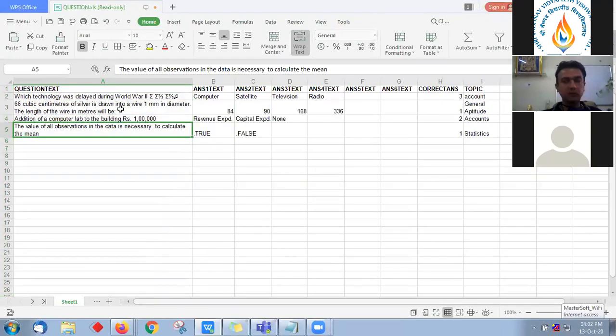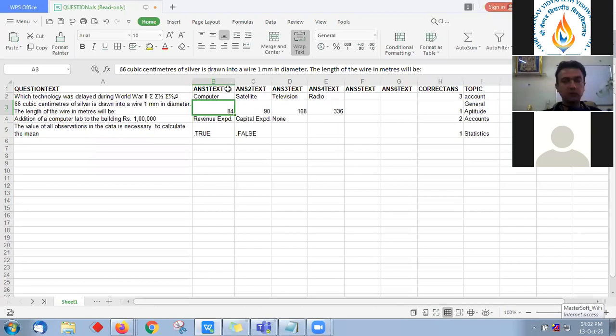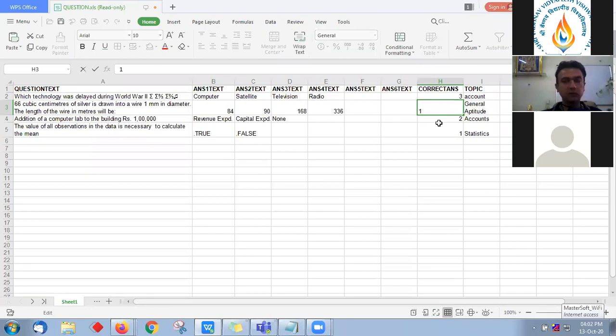We just need to type the question here. Then there are options, maximum 6. We can provide whatever we want for that particular question, maximum 3, 4, 5, or 6, and which one is correct. We have to enter the correct option number here. You can see in the text we have answer 1, answer 2, so that number you have to enter, meaning 1 is correct or 2 is correct, and the topic of that particular question. Like I said, module 1, set 1, set 2. Whatever it is, you can define here.